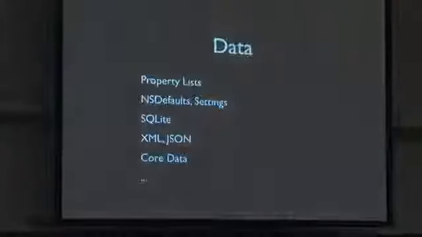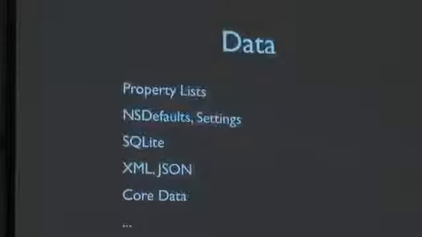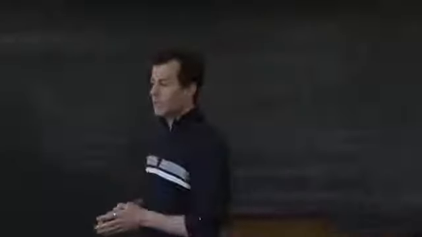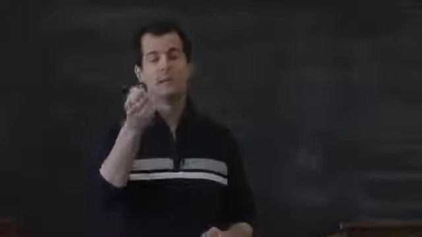So you can store data in an iOS app in a whole bunch of ways. Just to recap, a property list is one of the easiest ones. You're using it for project 2. What is a property list, really? Yeah. It's just an XML file. It's sort of an abstraction layer on top of what underneath the hood is just an XML file. But what kinds of collections can you store in a plist?